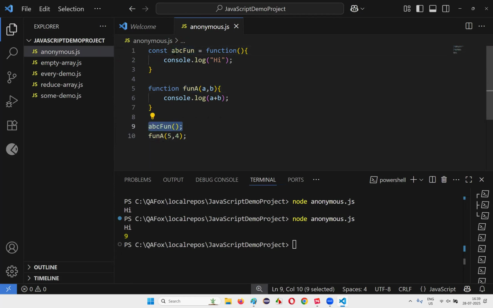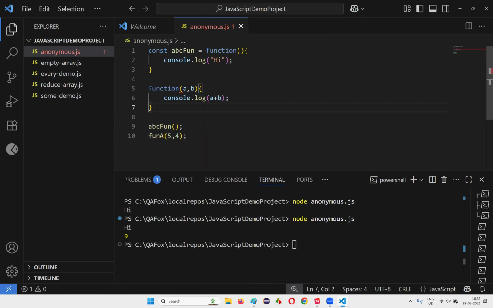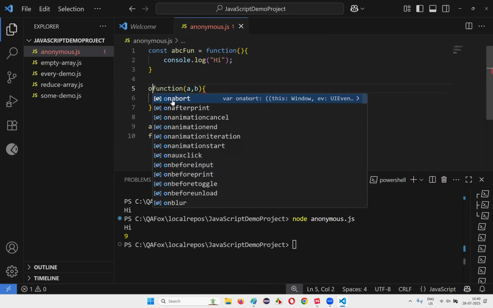ABC fun, you have to call. Using the variable name, you have to call the function. And now what about this one? If I have to make it a nameless function or anonymous function or function expression, here we have to write